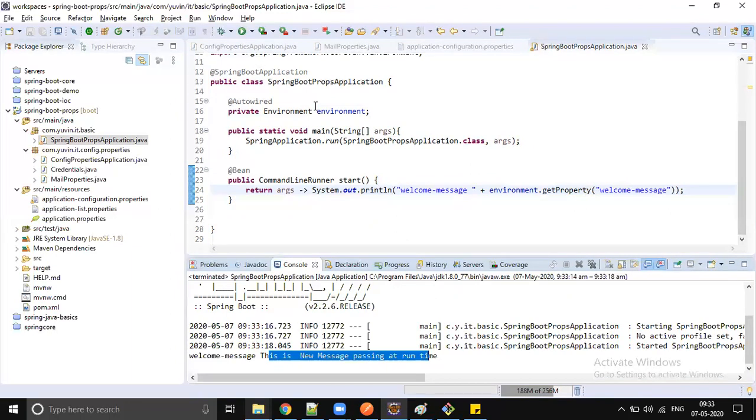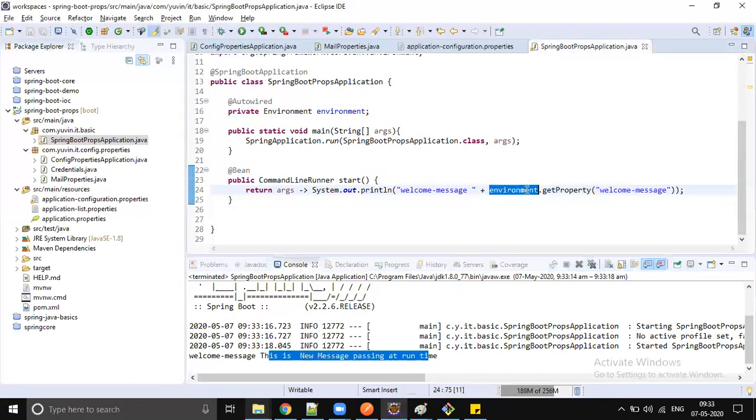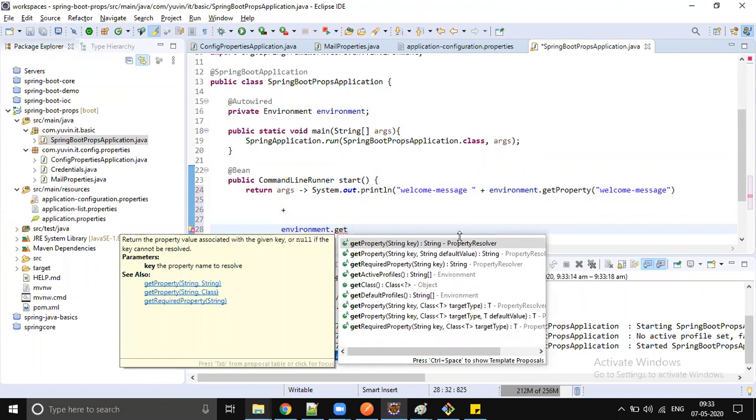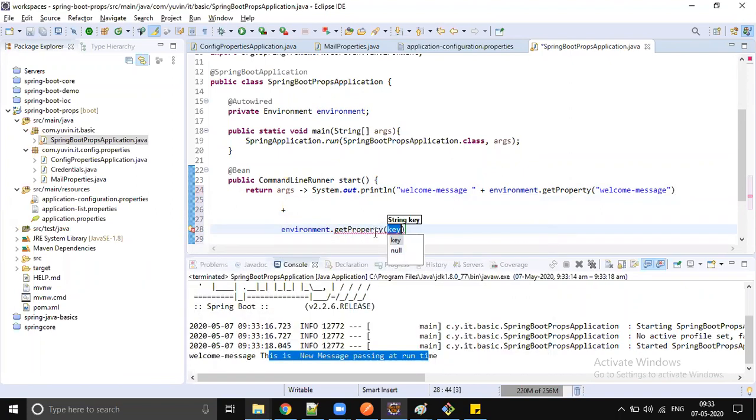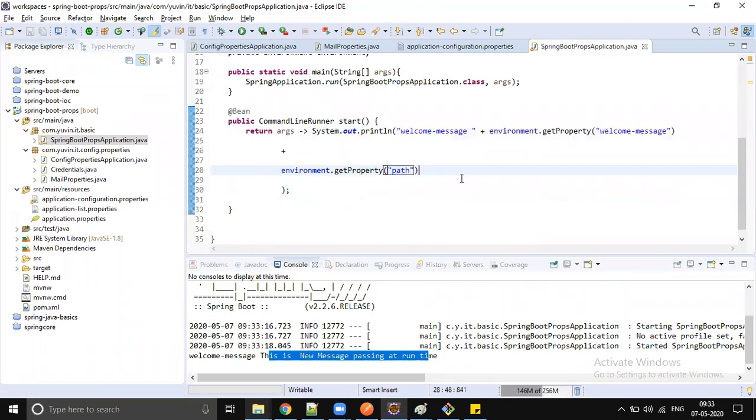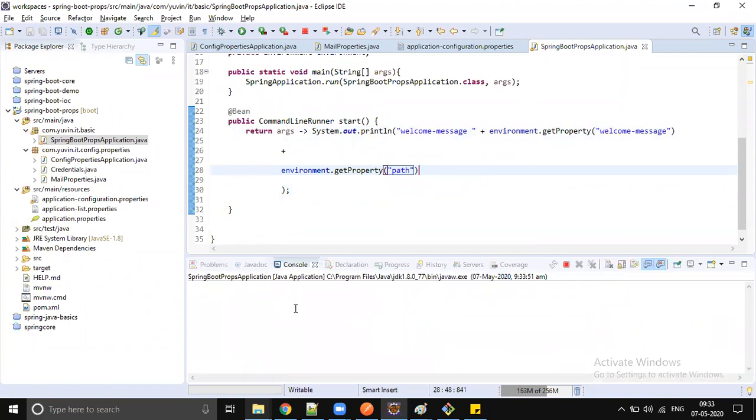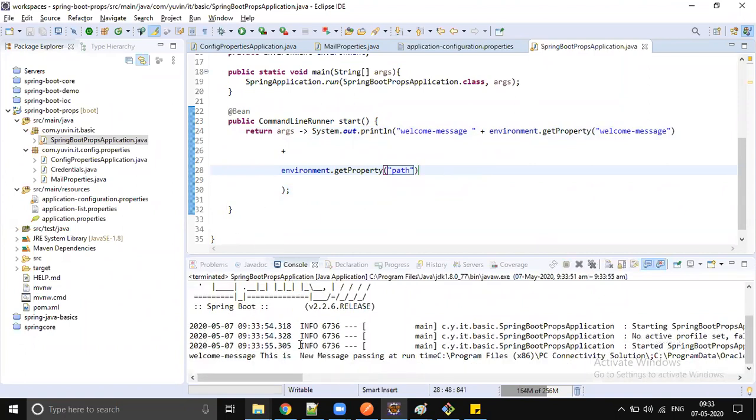The benefit with Environment is that not only our user-defined properties, you can also access environment variables. Some environment variables can also be taken. For example, every system will have an environment variable called PATH, right? So we can print the path here. The system environment variable PATH can be printed.